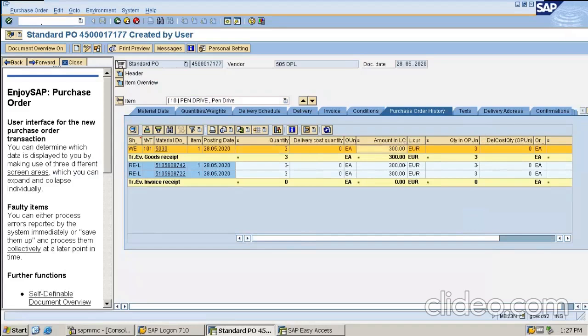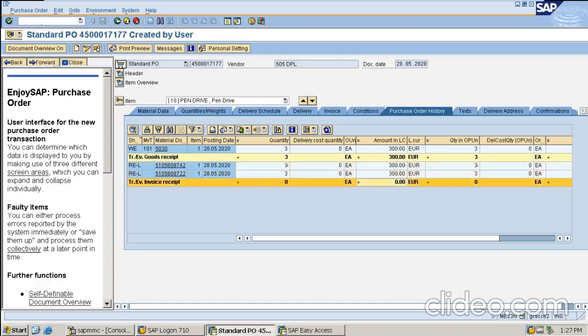So GR had happened with the amount of 300, and then we have seen that goods invoice receipt has also happened, and that invoice receipt has got reversed as well. Here 300 is positive and here 300 is negative. Finally IR, means invoice receipt, is 0 as displayed here. However, goods receipt still exists. Goods receipt has happened and the material document was 5030.